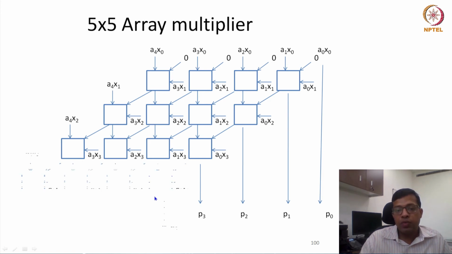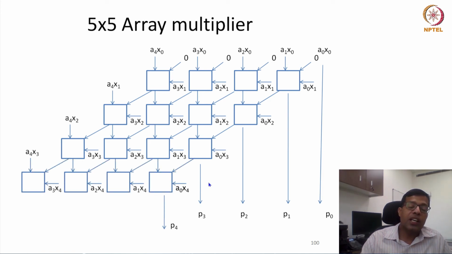Now in the next stage we would be adding the fourth or the last partial product to the final sum. In this last partial product, you see x0 a4 is the input here, and whatever is the carry from the previous adder is given as a carry input. All the vertical lines are the sum from the previous layers.